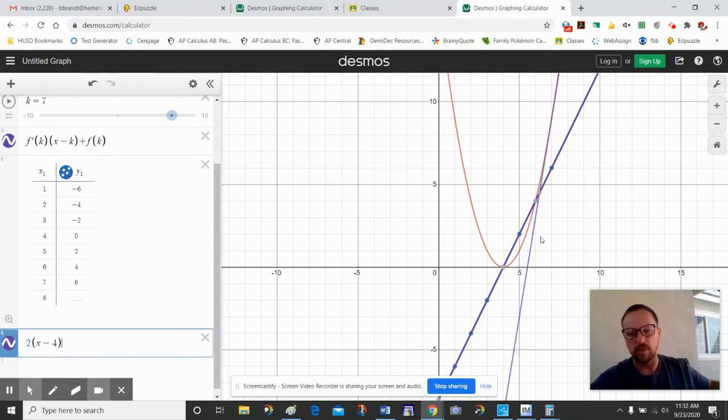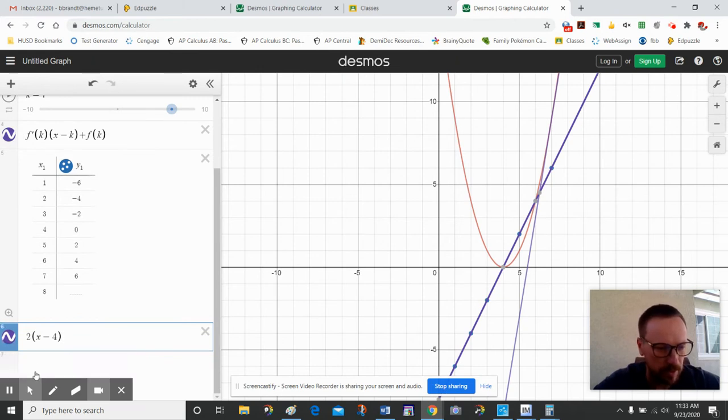Now, two things to note about this. This is the derivative function. Okay, this is the derivative function. This dark one is the derivative function. I wish they would have picked a different color. I wish I knew how to change colors on this because I would prefer it to be a different color, because it kind of looks a little bit like this one. So